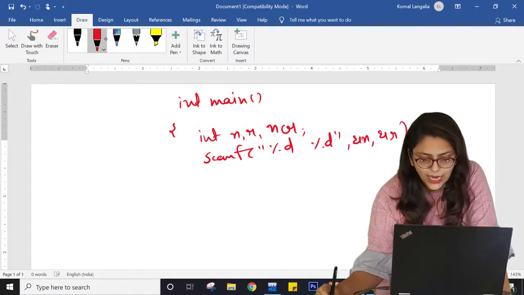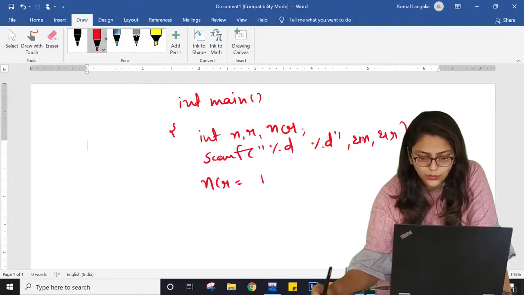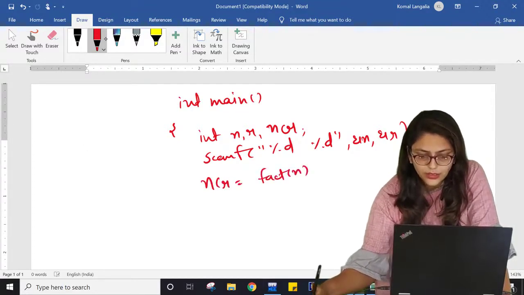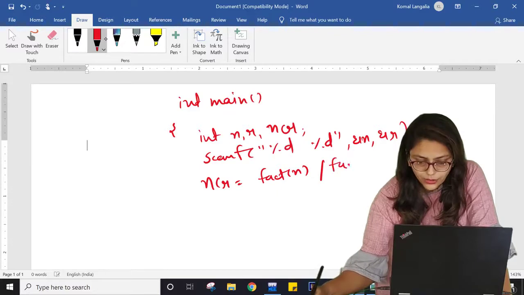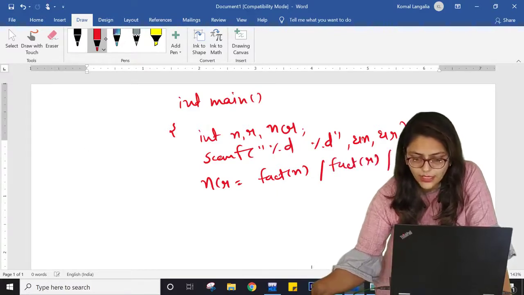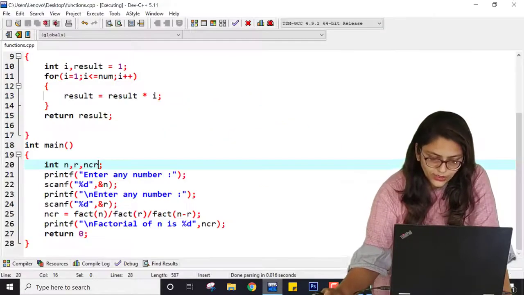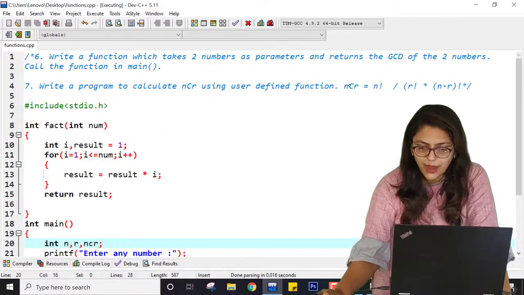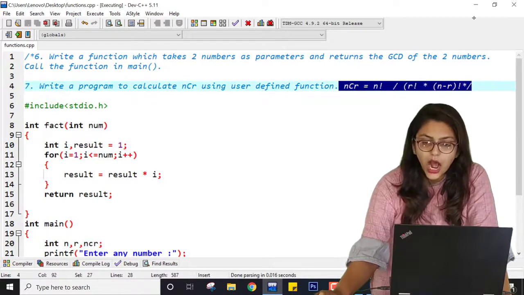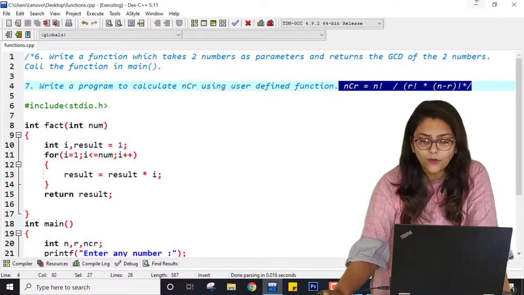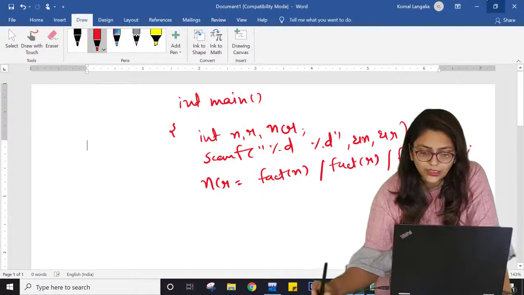After that, I am writing ncr equal to fact of n divide by fact of r divide by fact of n minus r, because whatever you are seeing in this program, this is a mathematical expression. How can I write this in form of computer system? I can write it like this.